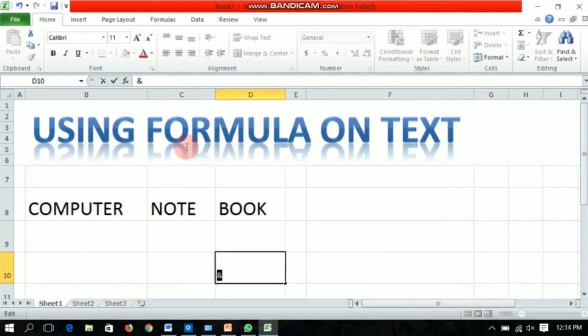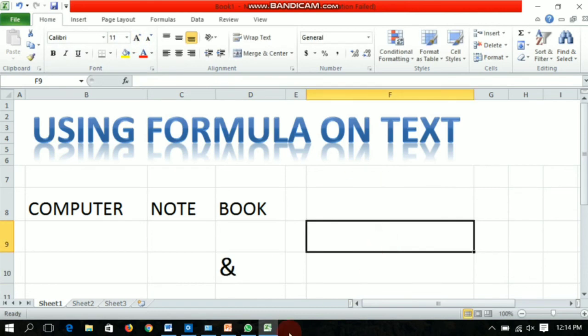This is called the ampersand symbol. You will use this symbol to perform addition. Addition of two or more text values is called concatenation.